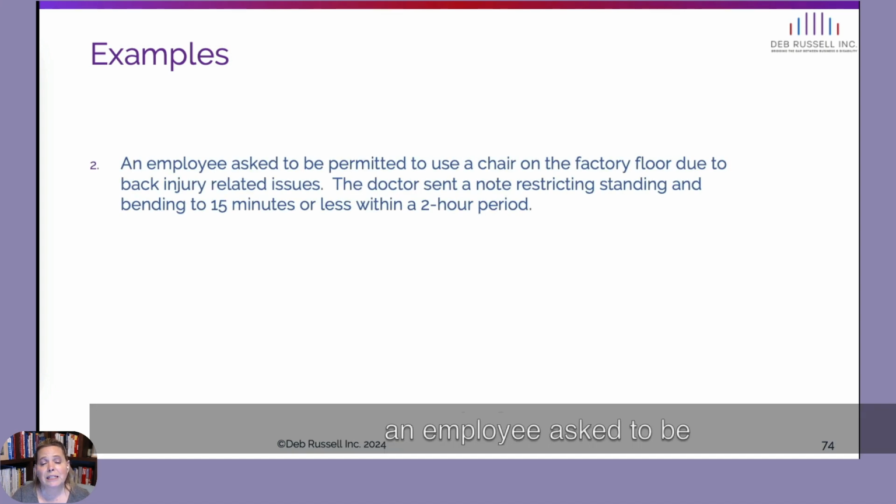Another example, an employee asked to be permitted to use a chair on a factory floor due to back injury related issues. The doctor sent a note restricting standing and bending to 15 minutes or less within a 2-hour period. So they could not stand or bend 15 minutes consistently with every 2-hour period. So they wanted a chair, but the way they operated in this factory, it really was not very reasonable to have this accommodation, to have a chair there. They couldn't move from workstation to workstation. It really became,